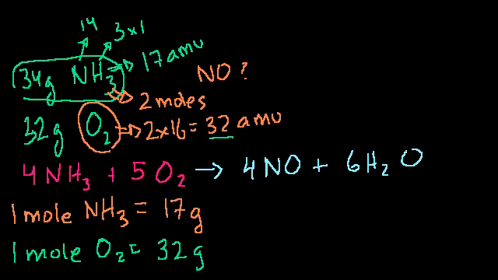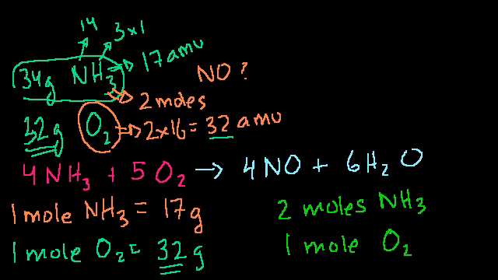So how many moles of oxygen have we been given? We've been given exactly 32 grams of oxygen, which is exactly 1 mole. So we've been given 34 grams of ammonia, which is 2 moles. So let me write that in a nice, vibrant color. We've been given 2 moles of NH3, ammonia, and we've been given 1 mole